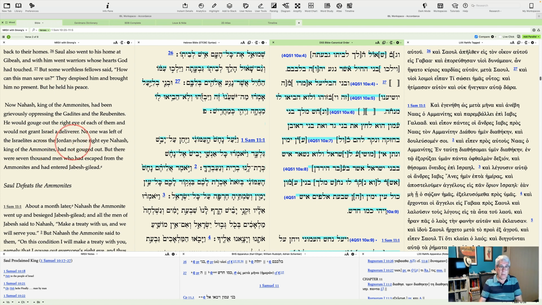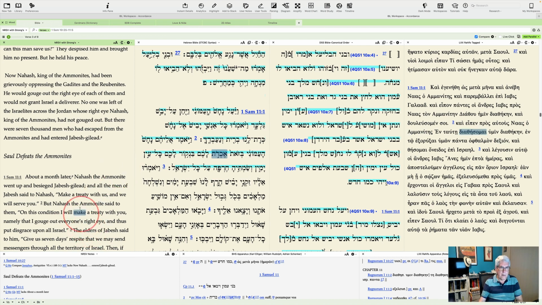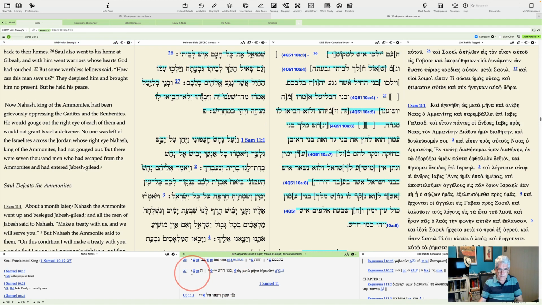Now, the paragraph makes a lot of sense. It helps explain what's going on here. It explains the reference about a month later that just didn't make sense previously when we had it. So the critical apparatus, in this case, the marginal notes in the NRSV, are pointing us to the textual variations, and we can go back in and you will see that, for example, the critical notes for the Hebrew Bible, and let's